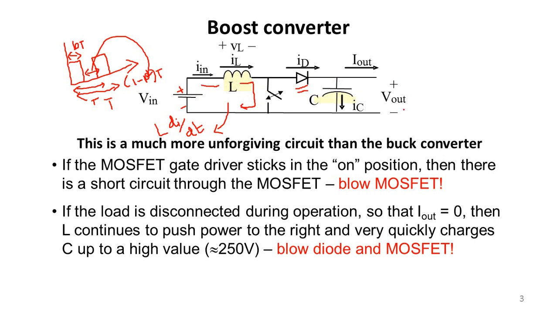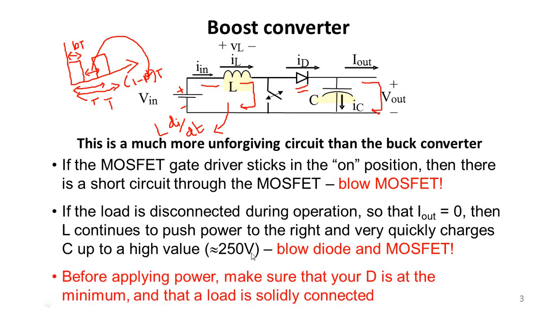I think I am making it clear. Please listen carefully. During your on period, your inductor tends to charge. During your off period, what happens? This inductor already holds some charges from the on period. Now the inductor will tend to drive current in the off period. The conduction will be like this. It will go through your diode, and it will charge your capacitor linearly, according to the capacitor and the design you make. So now your capacitor will charge up to 250 volts.